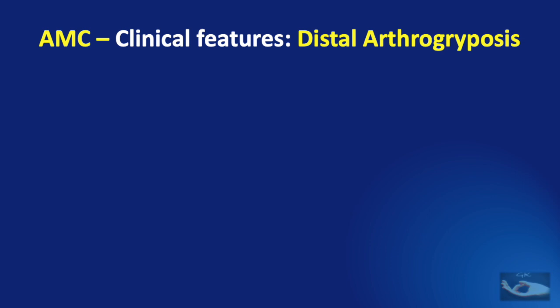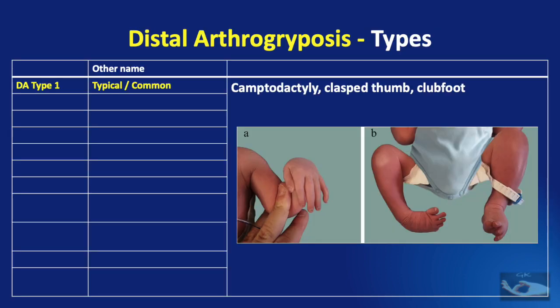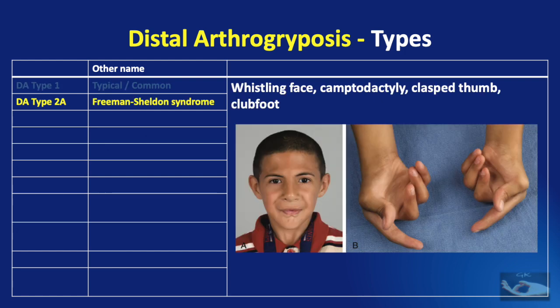As opposed to amyoplasia, distal arthrogryposis can be classified into 11 discrete types. Distal arthrogryposis type 1 is the typical or commonly occurring condition that we see. It is characterized by the occurrence of camptodactyly, clasped thumb and clubfoot. In distal arthrogryposis type 2A, which is seen in the Freeman-Sheldon syndrome, there is a combination of whistling face deformity,